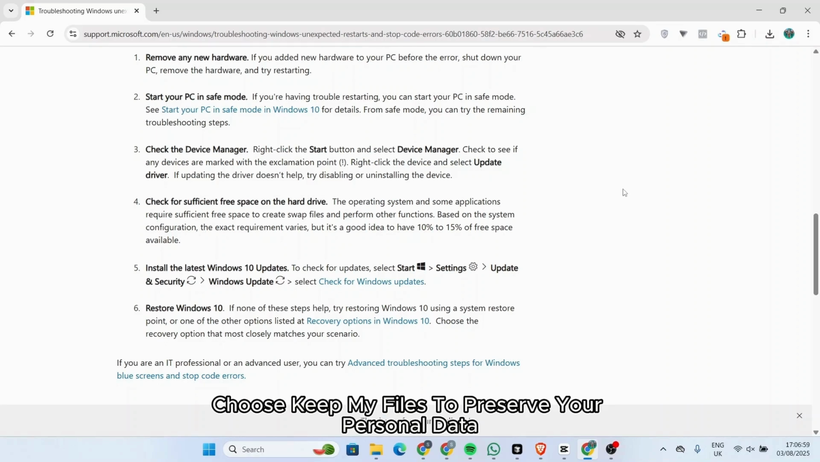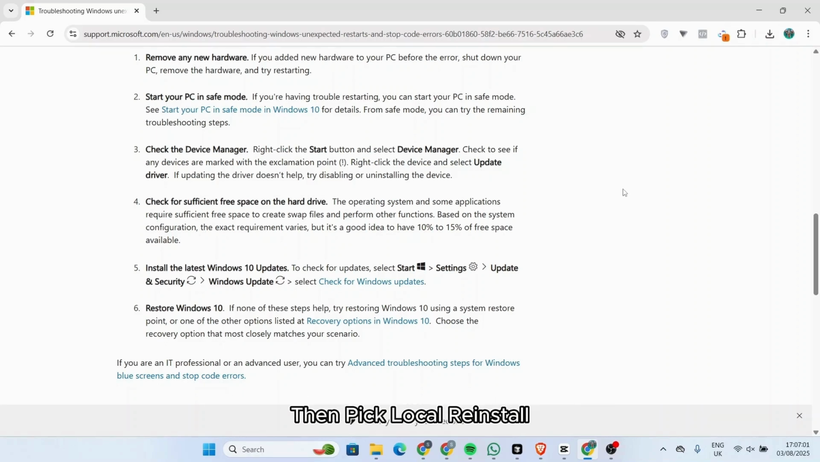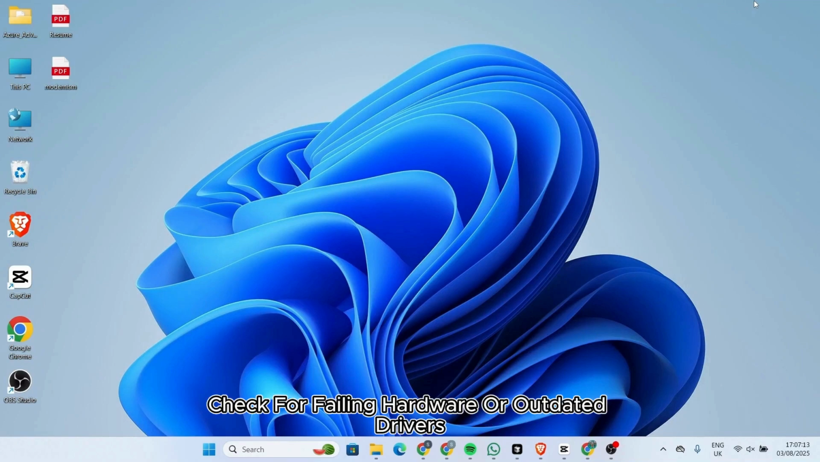Choose Keep My Files to preserve your personal data, then pick Local Reinstall and follow the prompts to reset Windows. After the reset finishes, your blue screen issue should be resolved. It's smart to back up anything important before doing major repairs, and if you keep seeing errors, check for failing